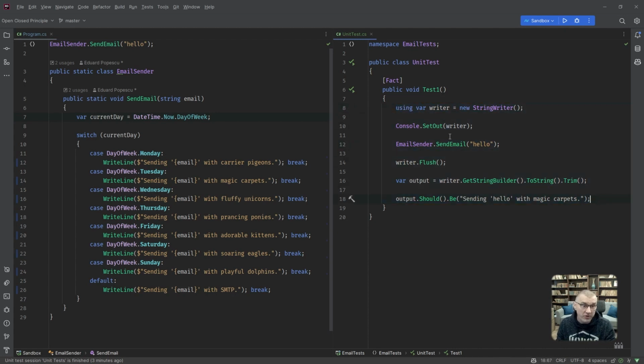And hopefully it has a nice descriptive title, like, okay, we're testing the output of the method and so on. But even with the descriptive title, if you look at the code, this looks like a mess. I'm creating a string writer, console set out, flush, all this kind of weird stuff. I don't want to see this.